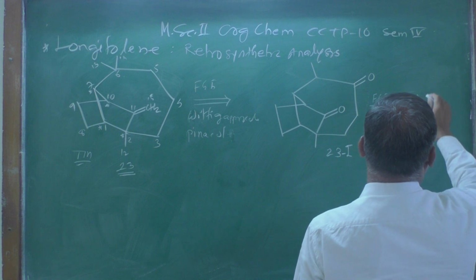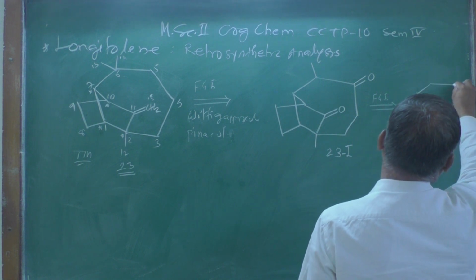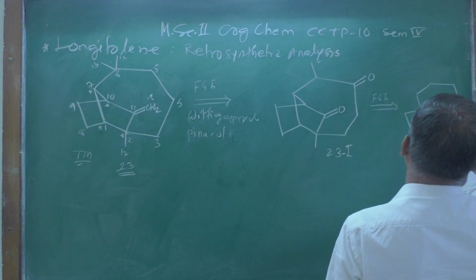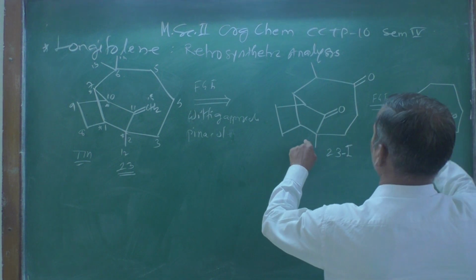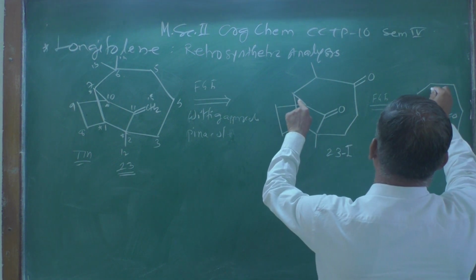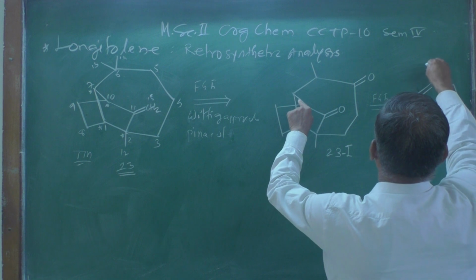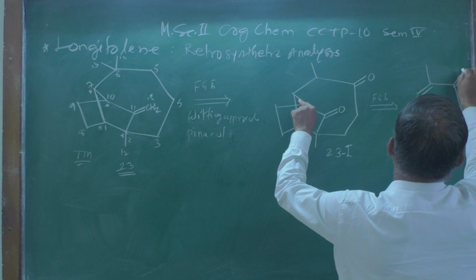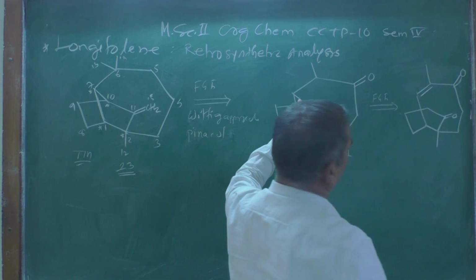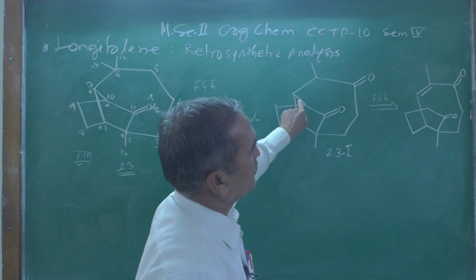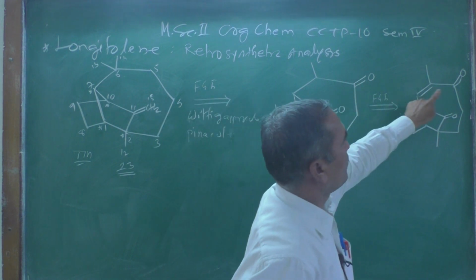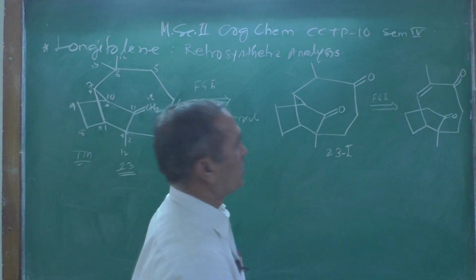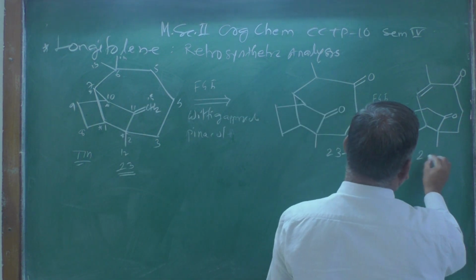In this structure, the C double bond O and this methyl group remain as they are. What happens when removing from here is that the double bond comes over here, with one methyl group over here, and this carbonyl group remains as it is. So this is the compound we got over here. This is an alpha beta unsaturated position. You just unfold it, and we can call it structure number